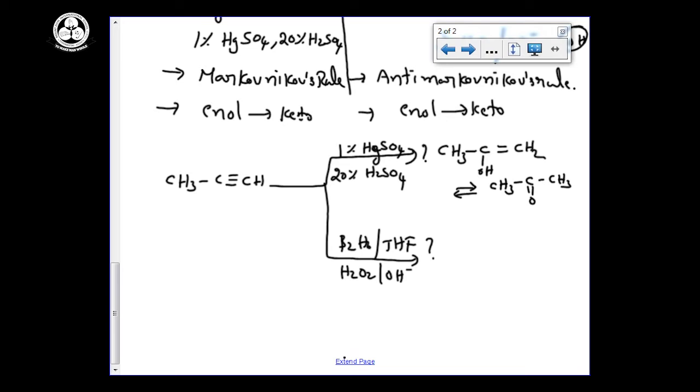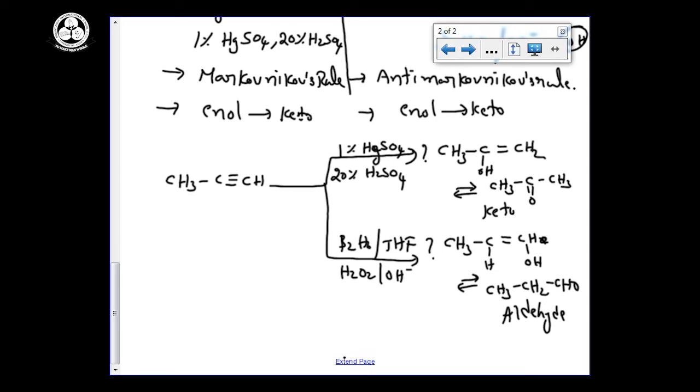But in hydroboration oxidation you can see I am following the anti-Markovnikov rule, C double bond CH2. Hydrogen you want to add here, and OH will be attached here. Here also there is a rearrangement, keto-enol tautomerism. Then it will be converted into CH2 CHO. Here you can get aldehyde. But in this addition we can get the ketone. That only you have to memorize carefully: where we are getting the aldehydes and where we are getting the ketones, that you can check carefully.